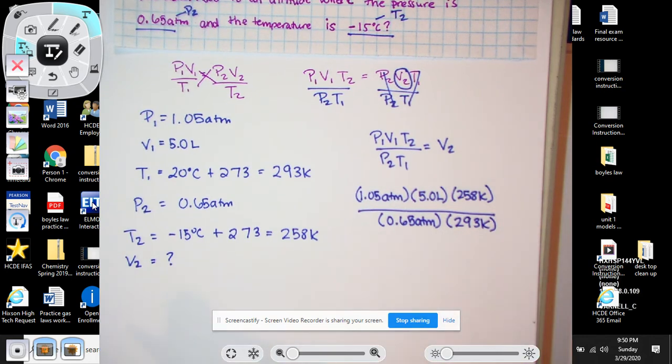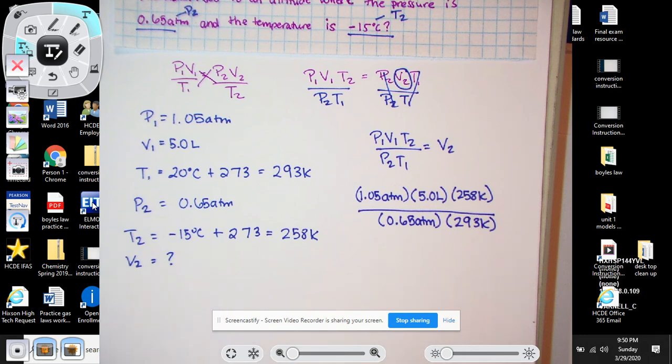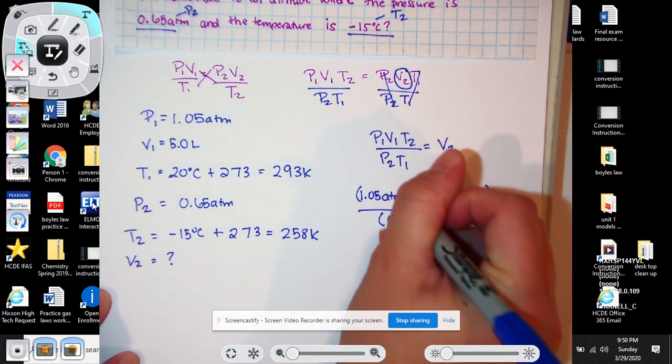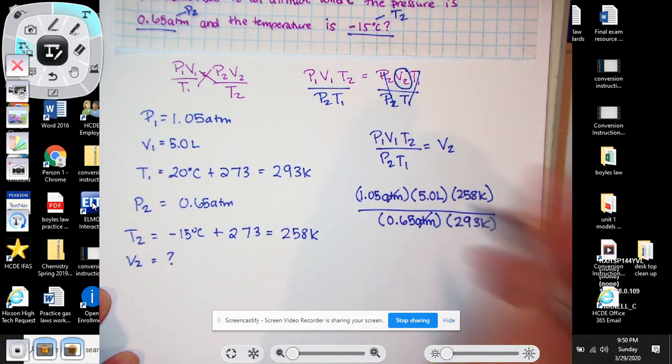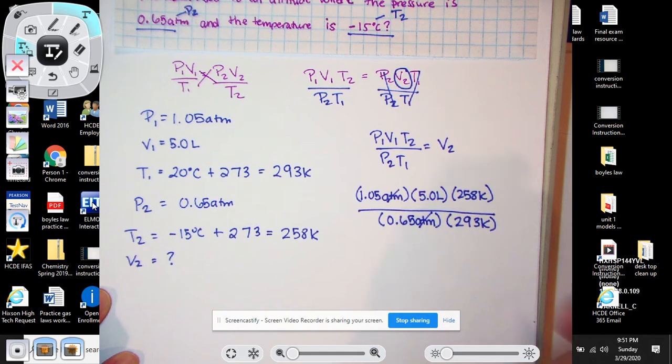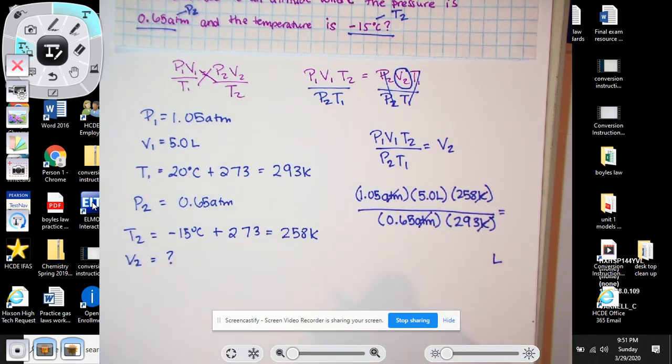Now remember, I can't do any of this math unless I cancel units. If I don't cancel units, this math doesn't exist. I can't combine anything. So atmospheres are on top, atmospheres are on bottom, so those go away. Not the numbers, just the units. And then liters are just on top, so we're still stuck with those. And then Kelvin is on top and Kelvin's on bottom. So our final answer is going to be in liters, which makes sense because we're looking for V2. So we know that it's going to be liters. When I do the math,